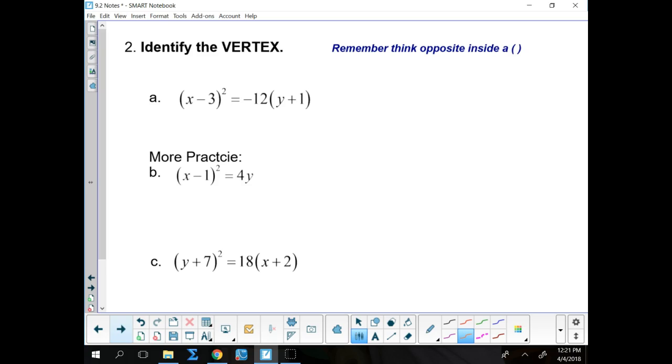So, step number 2, we need to identify the vertex. Okay? And we need to remember that anytime we are dealing with a set of parentheses, we think oppositely. Okay? So, first off,